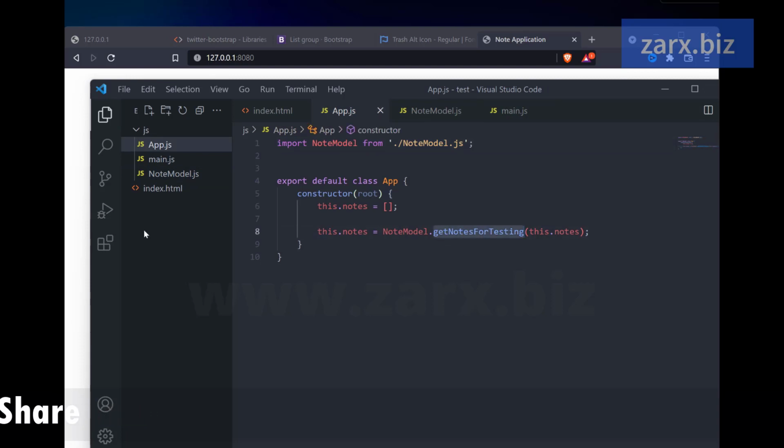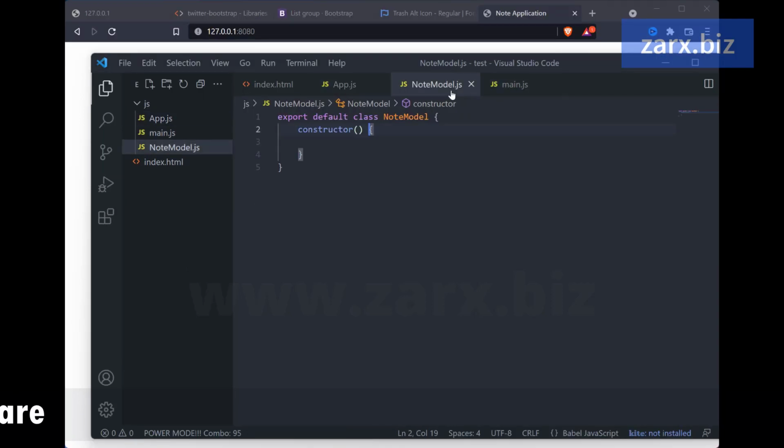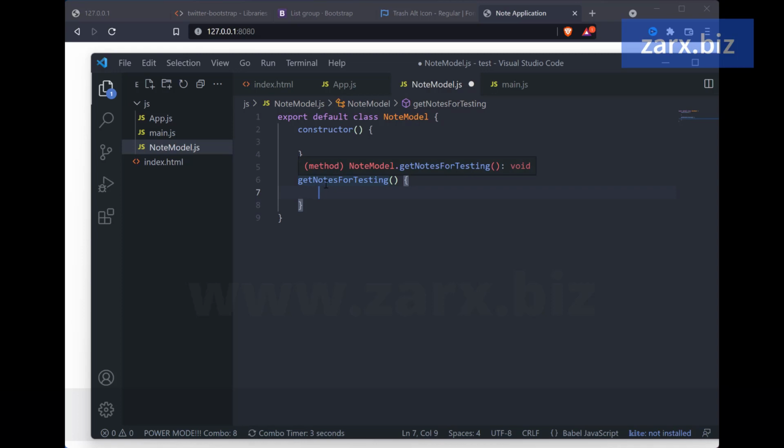Currently we don't have it, so let's add this function. I just copied the name from here. We get back here, just below the constructor, I'm going to pass this function. And here, what do we need to do? This function is basically going to get us the notes. So for example, currently we don't have any, so I'm going to create an array. So I'm going to say here notes,